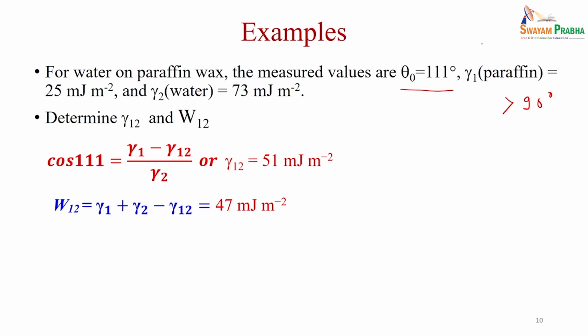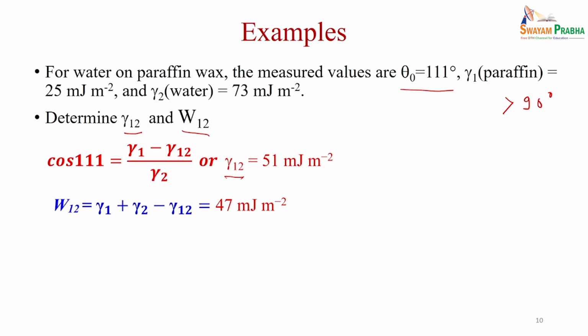And here the surface energy of the solid is 25 and the surface energy of the liquid is 73. So, we need to determine the interfacial tension, gamma 1 2, and the work of adhesion. If you apply simply Young's equation, it says cos theta is equal to gamma SV minus gamma SL divided by gamma LV. So, we can easily calculate the value of interfacial tension, which is coming out to be 51